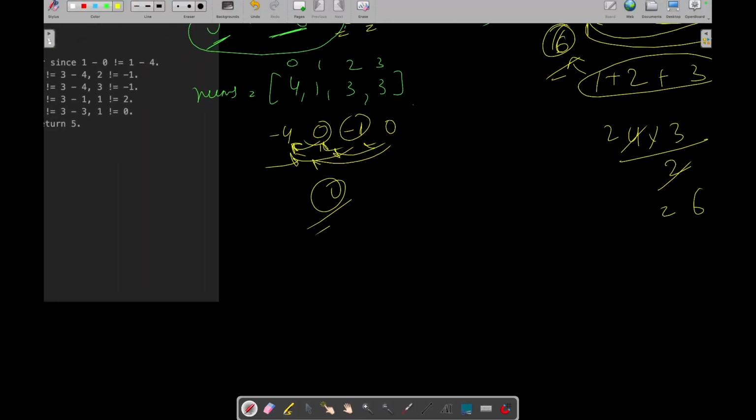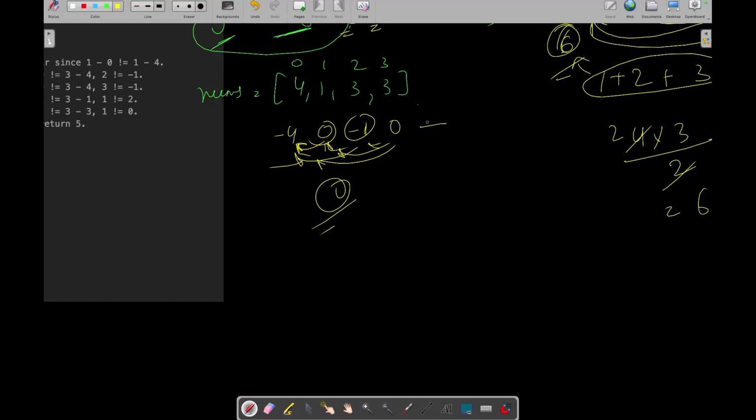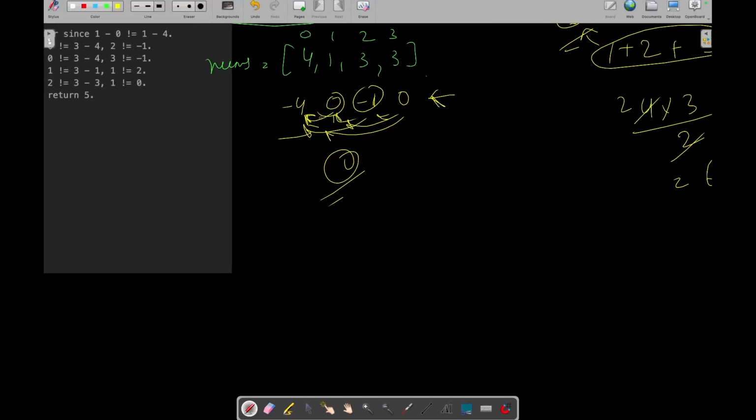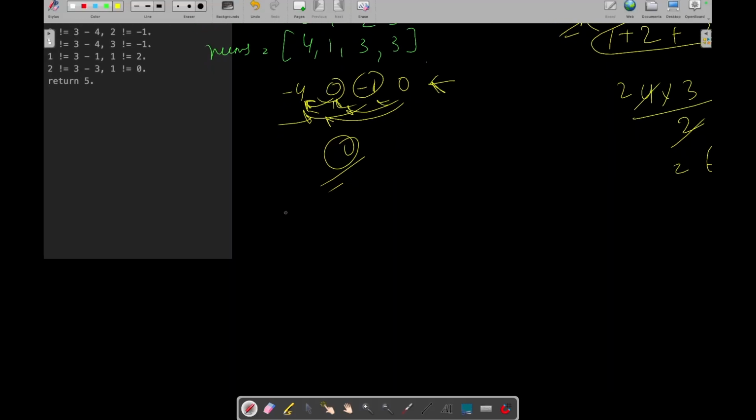Okay, so what we have done here while calculating the number of good pairs is that we were comparing each value with all the previous values. So this will also become n square, but we don't need to do this because we will be storing this in a map. Then we will not need to check with all the values again and again.